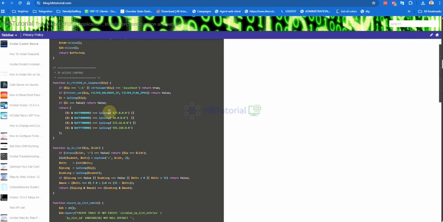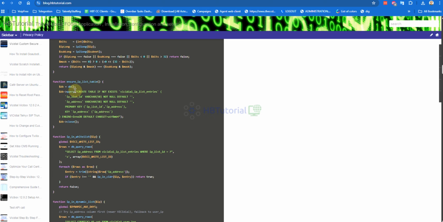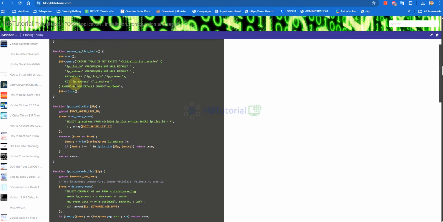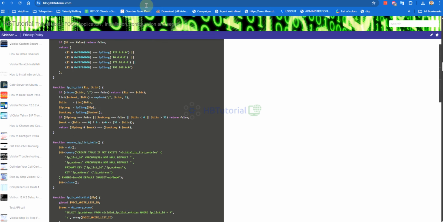You can add your IP on the whitelist, or in dynamic you are already validated. Once validated, you can access the page.